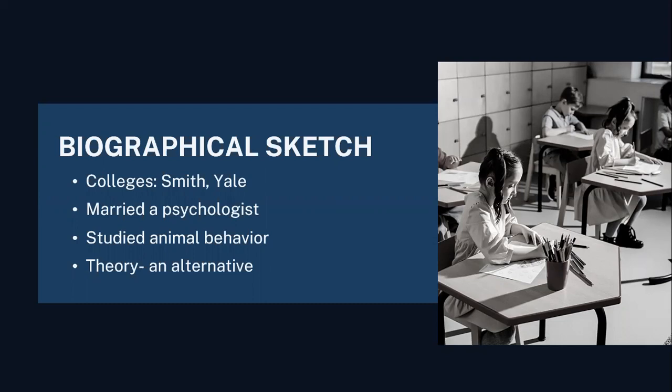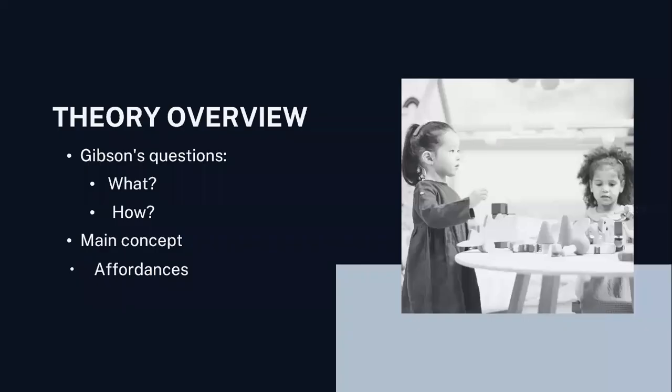Our textbook hails her theory as an alternative to the approaches of Piaget and the learning theory that are still widely known today. According to the article, Eleanor J. Gibson and the visual cliff phenomenon, the ecological theory of development emphasized how important perception was because it allows humans to adapt to their environments.